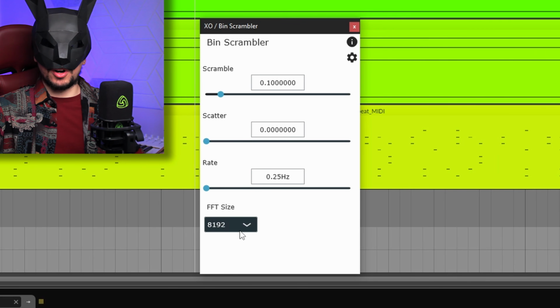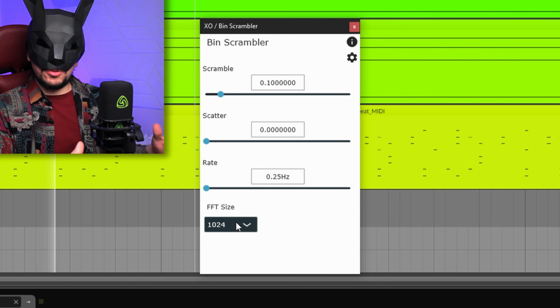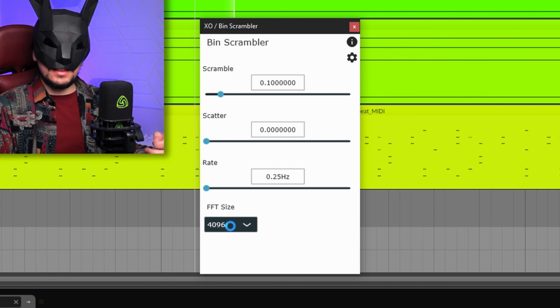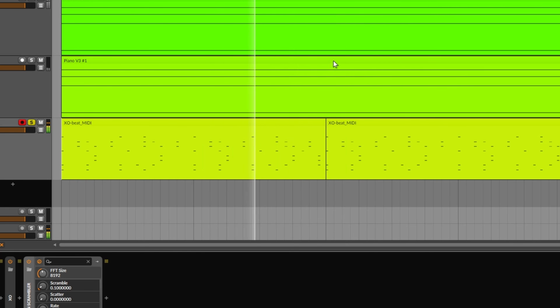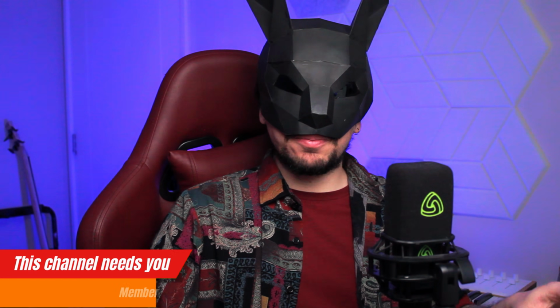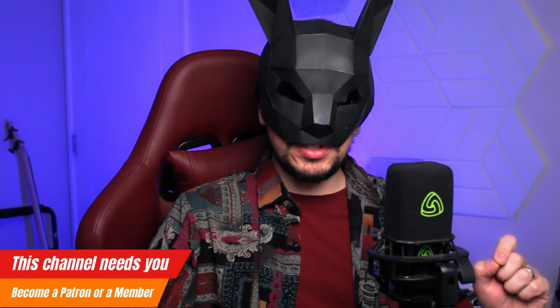Let's use a simpler plugin from the Spectral Effects bundle, and let's actually not use any parameter, but change the FFT. This is basically the block size, meaning on how many frequency bins you are going to divide the frequency spectrum, and depending on the value you choose here, you will get many different kinds of sounds. I found that the higher you go, the more washed out signal you will get. So it's very fun to play with the FFT,